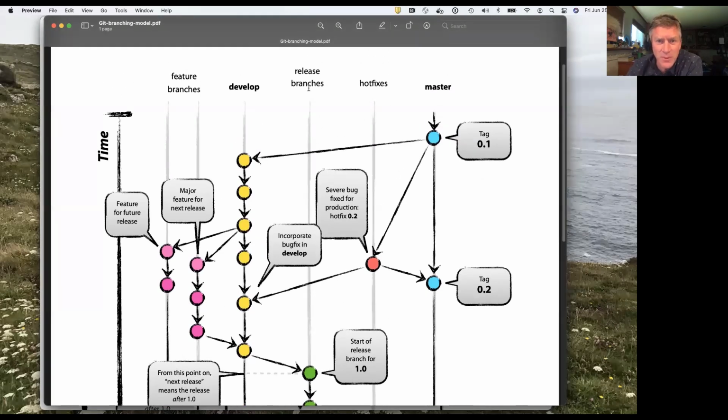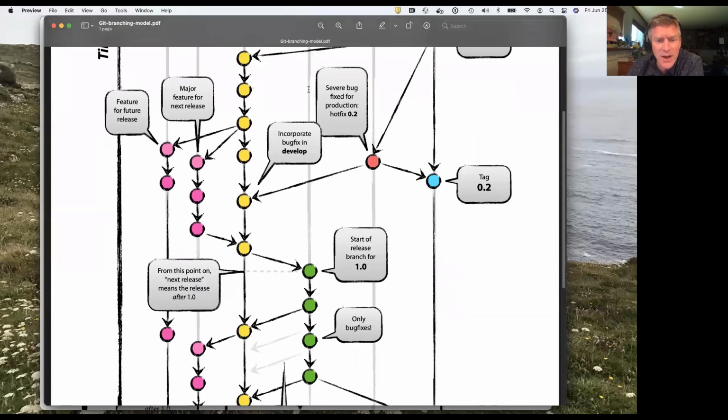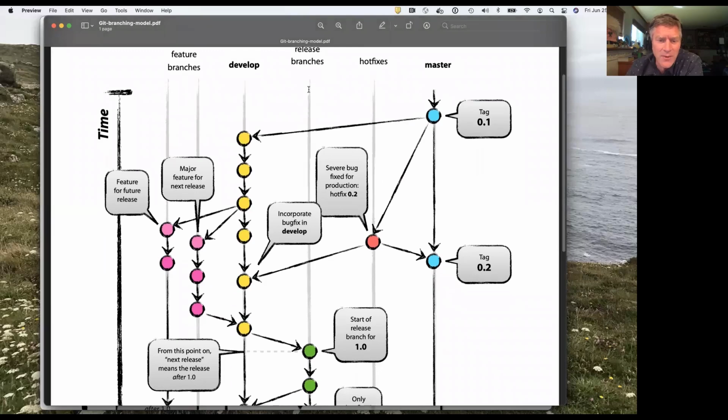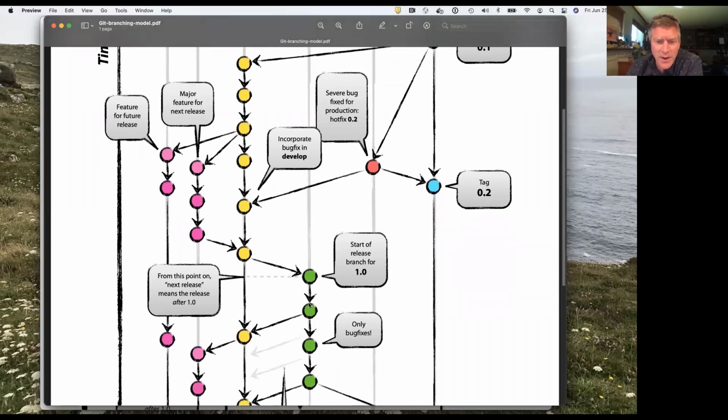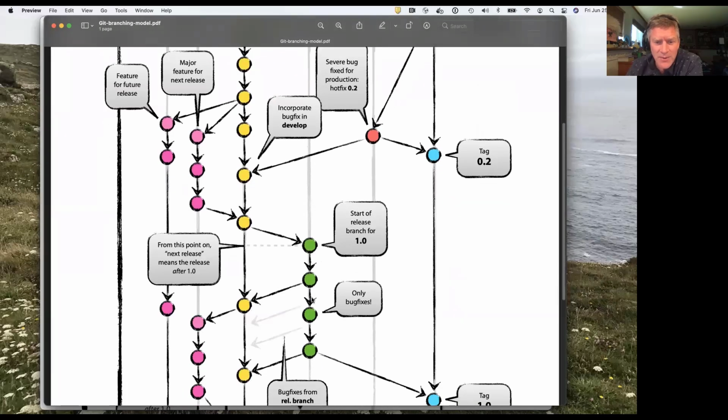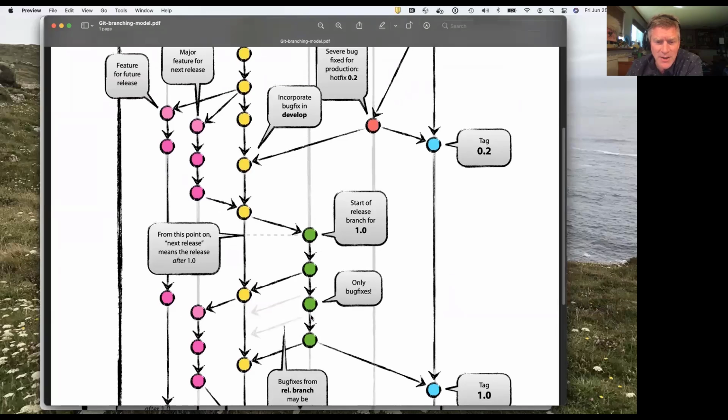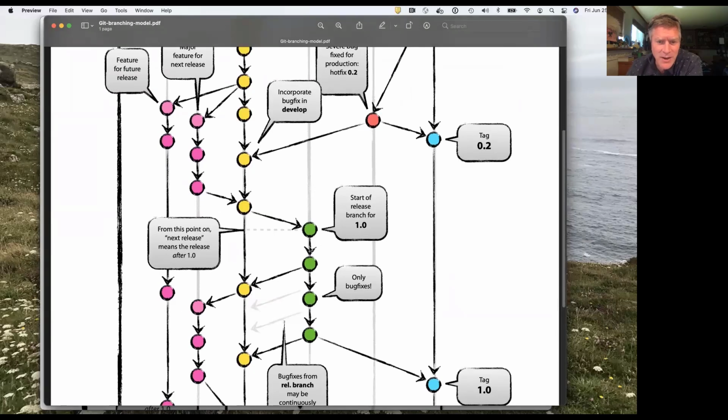There's another type of branch called a release branch. Most developers don't have to worry about that. That's mainly for us, the core team. But the idea here is that when we're about ready for a release, we branch off the develop branch and create a release branch. The main thing here is to fix bugs, add documentation, and test it. When we're sure that everything is working, the release branch goes into master and gets a tag. And any documentation or bug fixes also go into develop, so that they're in the latest code.